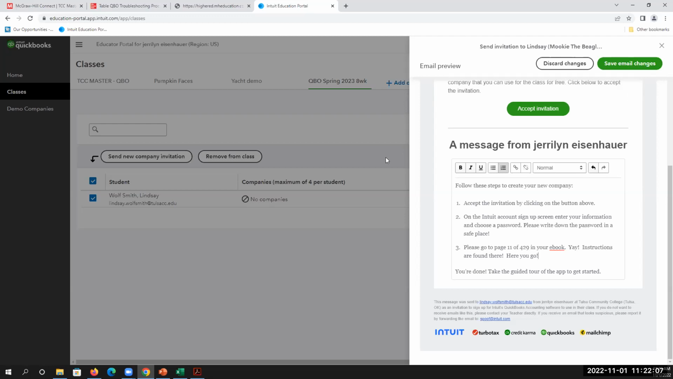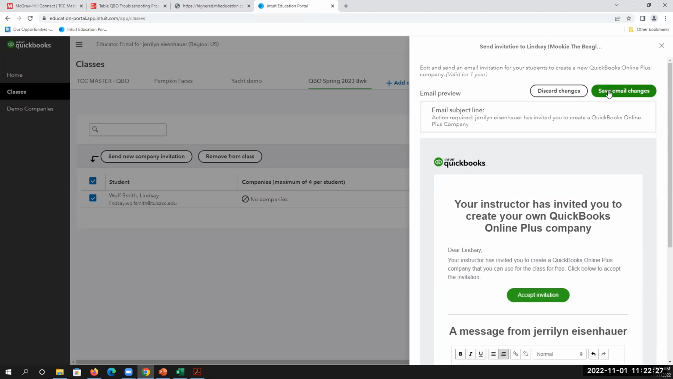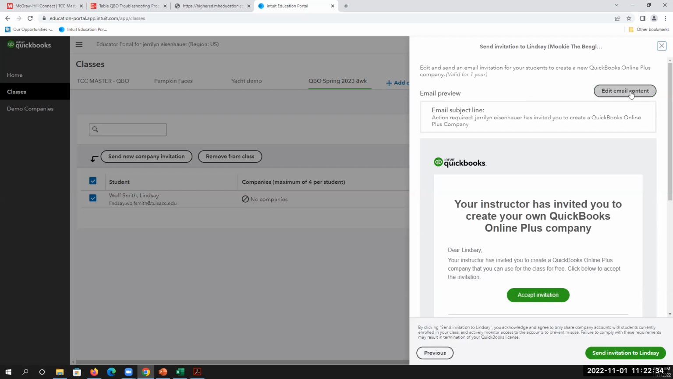Geraldine? Yes, sir. Did you have to do anything specific to allow the system to allow you to edit that email? I'm seeing a question of instructors not being able to edit the email. Okay, that is a great question. When you guys, you should have a button here that says edit. I'm going to save email changes. There it is. So if you'll click this button that says edit email content,